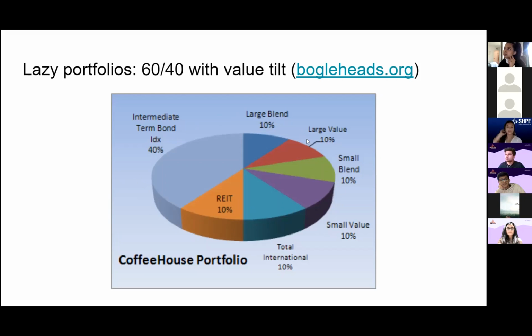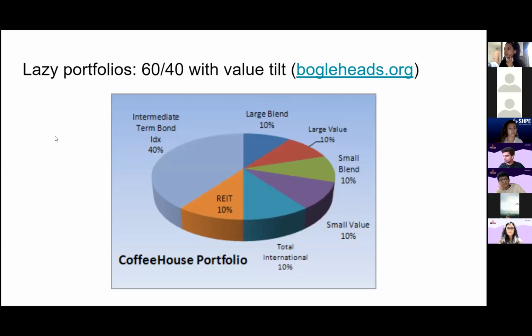And I wanted to show you this because he's doing something called tilting, and there's a theoretical reason for thinking that adding a bit of value tilt to your portfolio will give you a little extra return, and so that would be another way of doing this in your portfolio. So this is called value tilting. So anyway, you can see these model portfolios. These are called lazy portfolios for reasons we don't have time to talk about. But again, you can find all this information at Bogleheads.